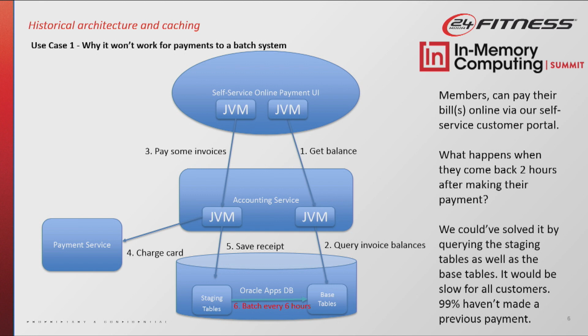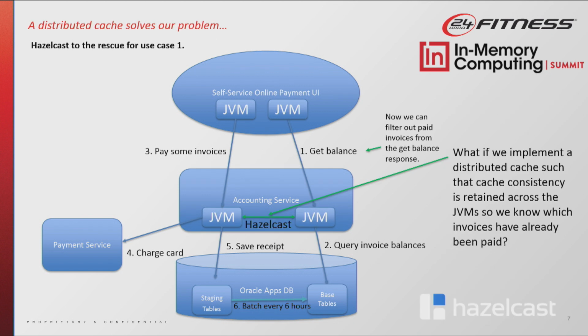So how are we going to solve this? Well, we're at the In-Memory Computing Summit. You probably have a guess. We brought in Hazelcast, a distributed cache mechanism, and it's pretty much the same flow, except now when you come in and make a payment, we do the same thing. We write to the staging tables, but then we go ahead and cache it in the same JVM like we did before, but now there's a